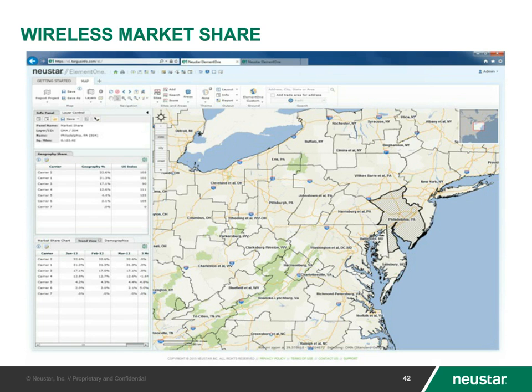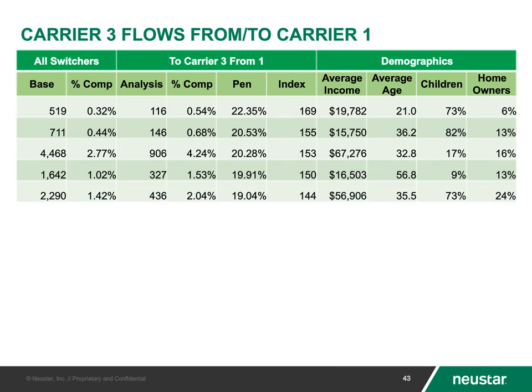In the wireless industry, everybody compares competitive market share, though whether you're in the wireless industry, a big box retailer, or a national coffee shop, you do have to worry about your competitive presence and your market presence and how the competition is doing. Things are evolving quickly in the marketplace, and so that changes. And it's also not just looking at the market itself, but going in and looking at the composition of that market to understand who is behind the flows that you see in and out of your organization.